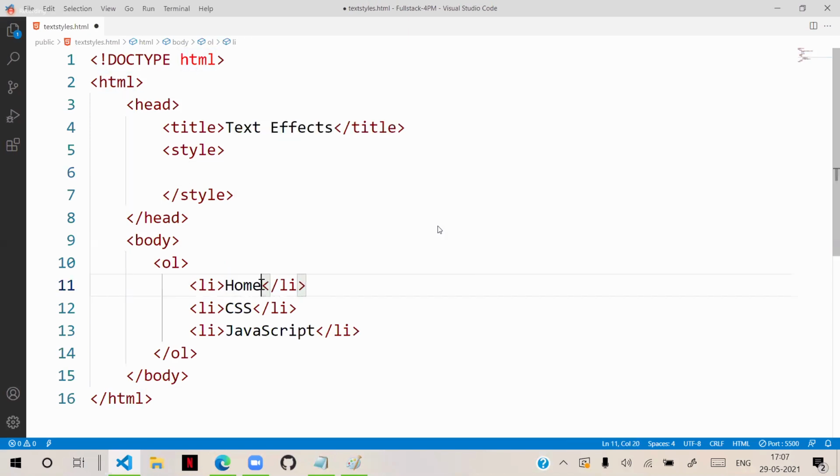We have options like home, about, contact. Like this we have a design. We will create a toolbar also, and we will see how we can design and configure a toolbar. We can use any of them.